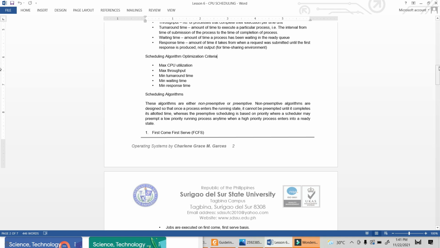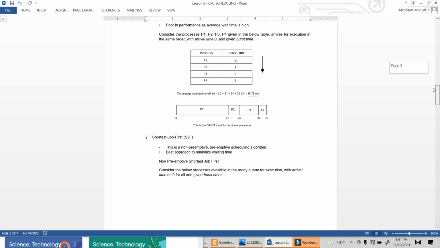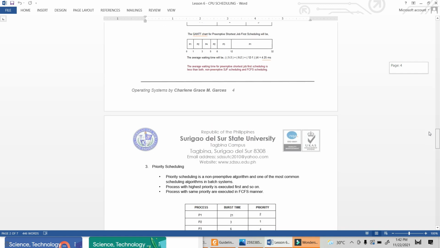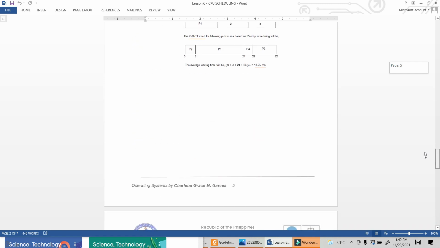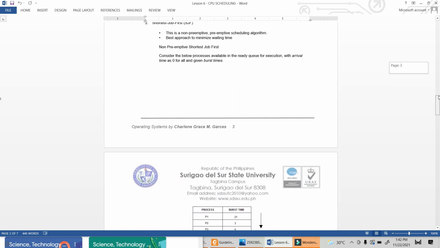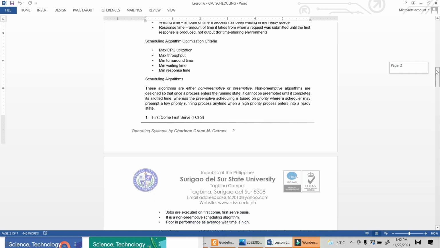I think there are four different types of scheduling algorithm. We have first come first serve, or the FCFS, and then short job first, or the SJF, and then we have priority scheduling, and then we also have the round robin scheduling. So first we will discuss further the first come first serve